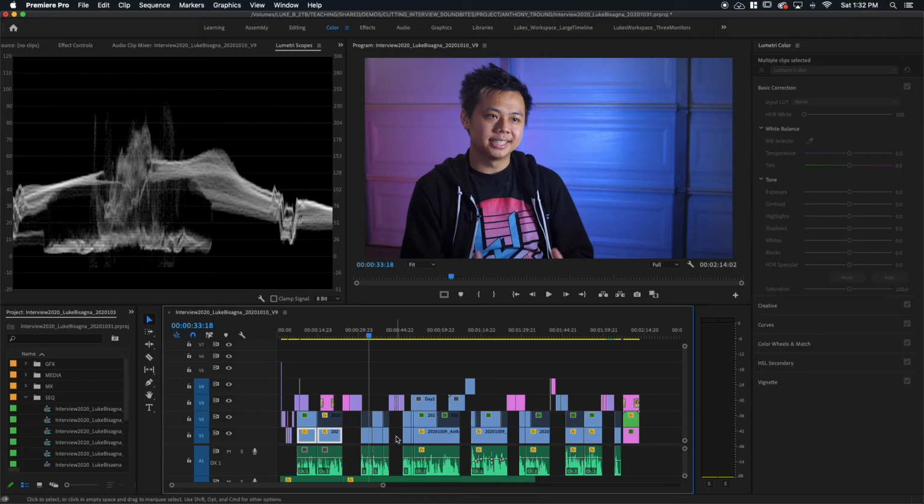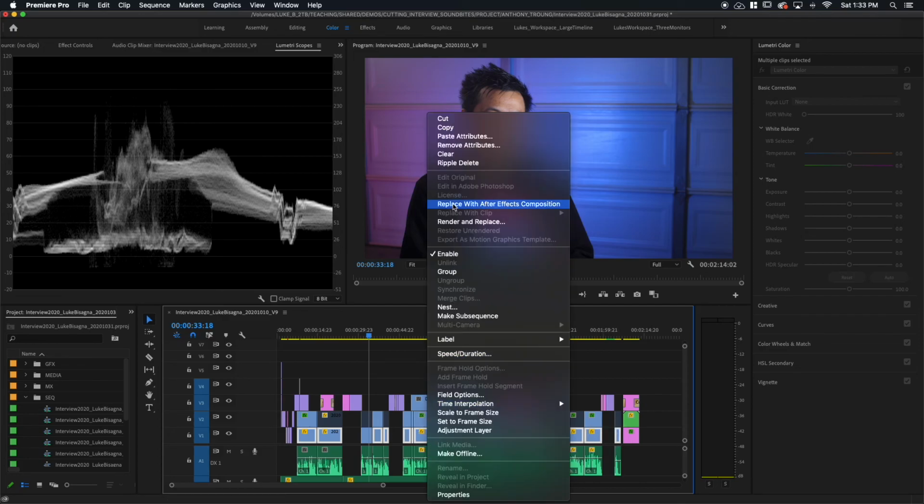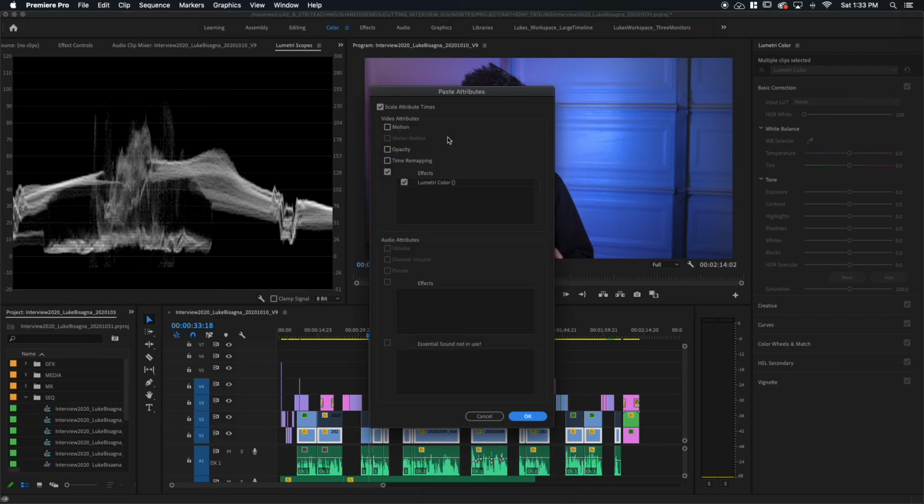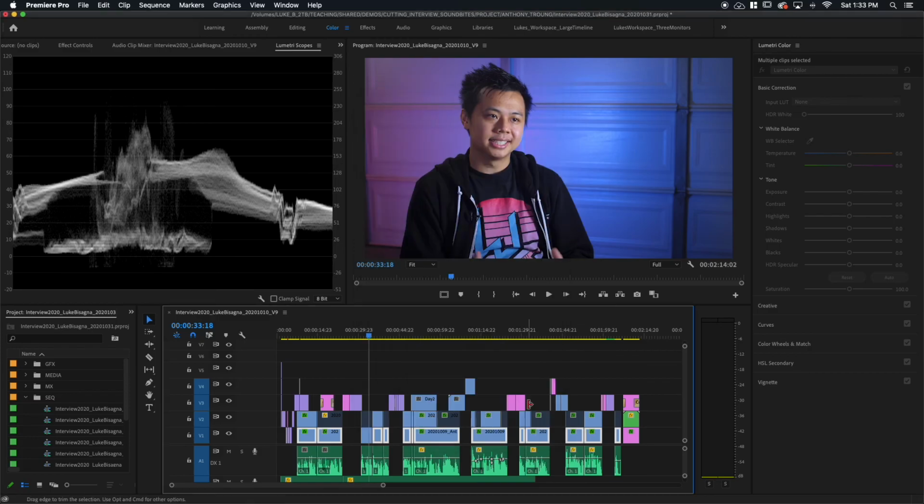And then hold down Shift, click and lasso these, and then lasso the rest. Same way. Right click, choose Paste Attributes. Make sure the proper selections are made here. Hit OK. And now I've done the color work on all of the other camera clips I'm using in the timeline.